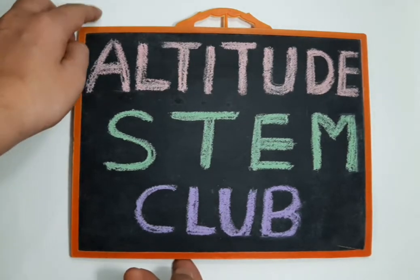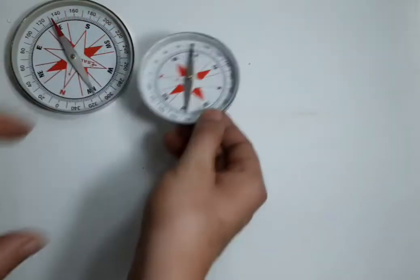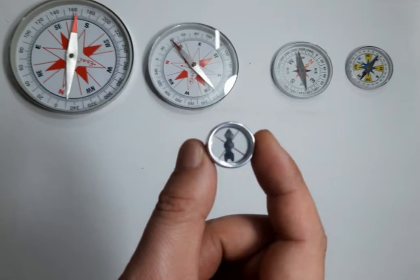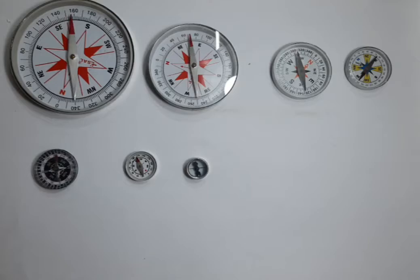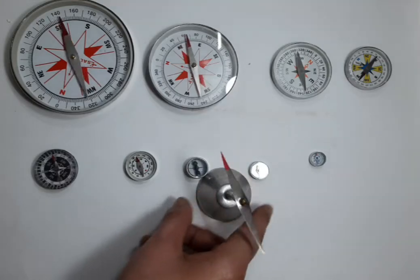I have already done this experiment in my previous video. Those who haven't watched that video, please visit the first part and see that video. In that video, I was using a magnetic compass and a current carrying conductor. The magnetic compass which was used in that experiment was this small magnetic compass. So the deflection was not very clearly visible in my experiment. So today I am going to do the experiment once again with proper setup and with variation in the setting